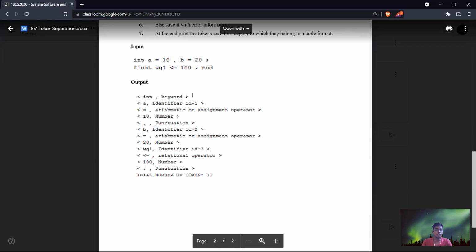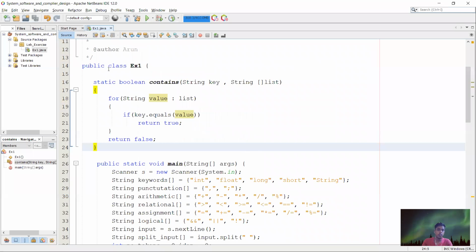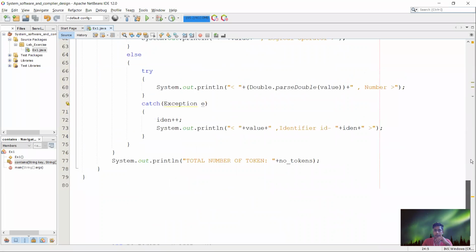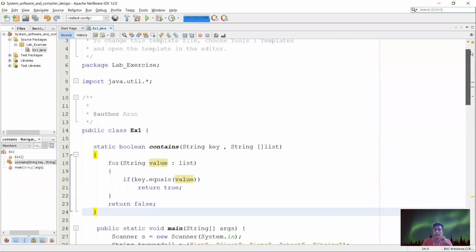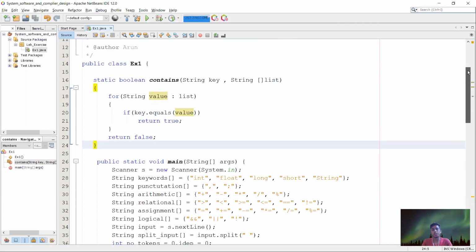So this was the thing we are going to implement in code. So let us go to the coding part. This was the code I'm going to implement. I already coded it, and I'm going to show how I code it step by step, so you can understand how it gets executed.